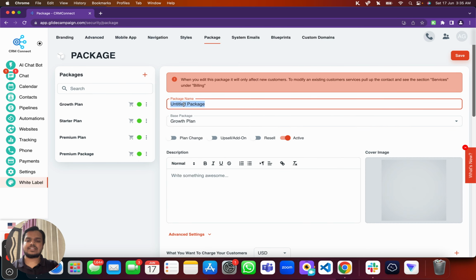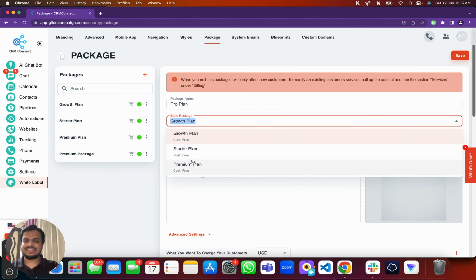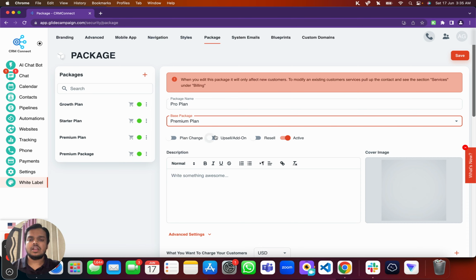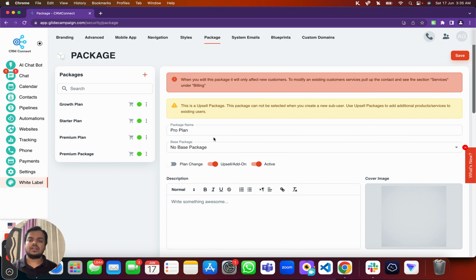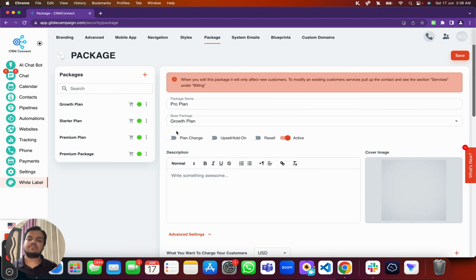I'm going to name this package Pro Plan, and here it allows you to choose from any of the base templates. Now this is where you can see you can either create this package as an upsell, or you can just keep it as a package to which a user can upgrade, right? Pro Plan is a package to which a user can upgrade, or I can convert this into an upsell. Now, this is not a package, this is an upsell. So let's say if a user is already in a growth plan, now he can take this upsell that we have just created. But if I turn it off, now it becomes a package, and I can enable this feature,